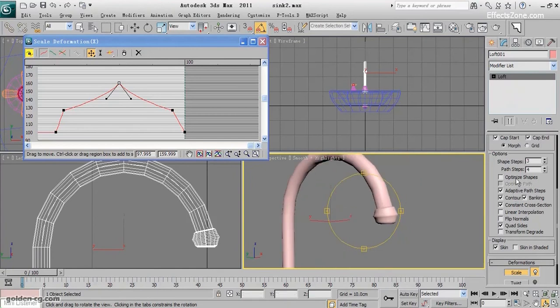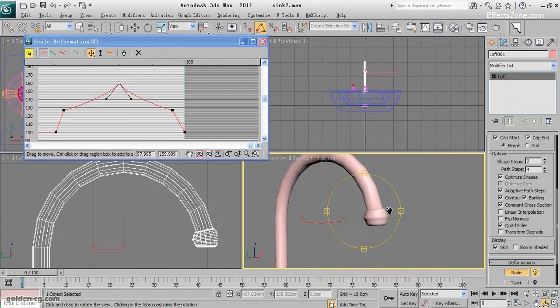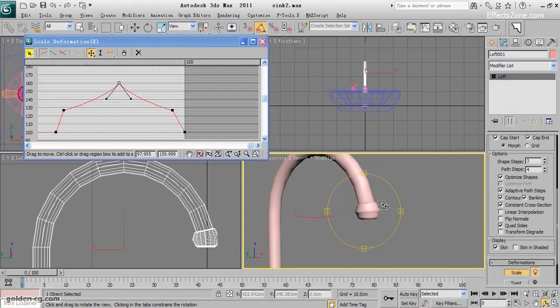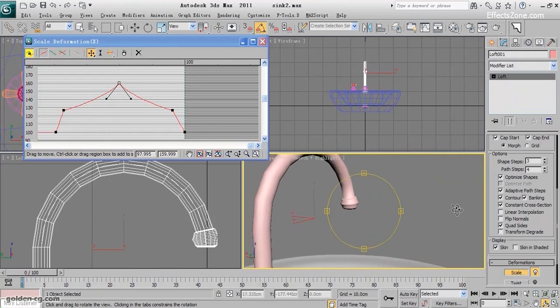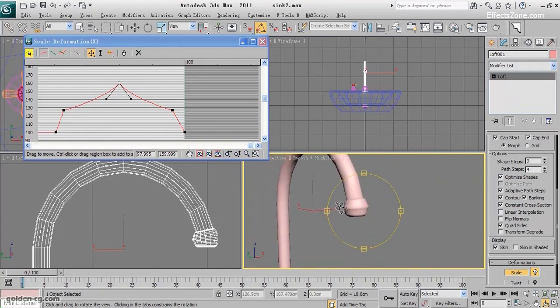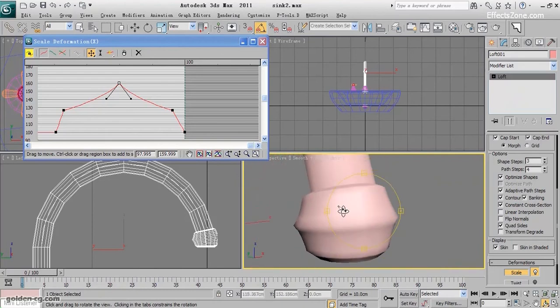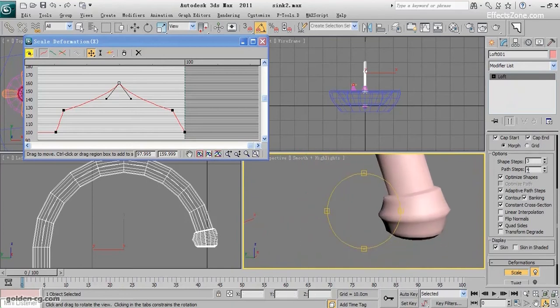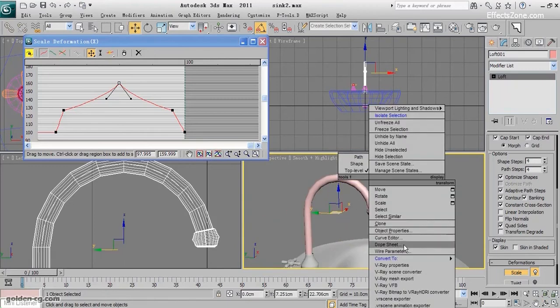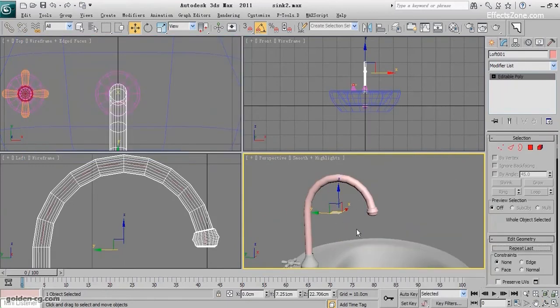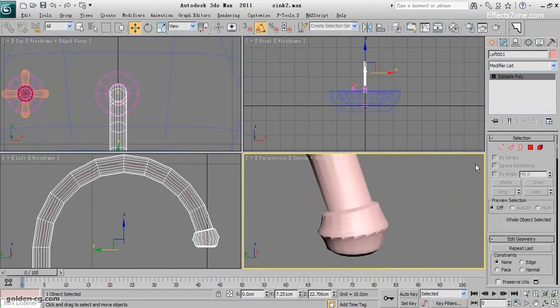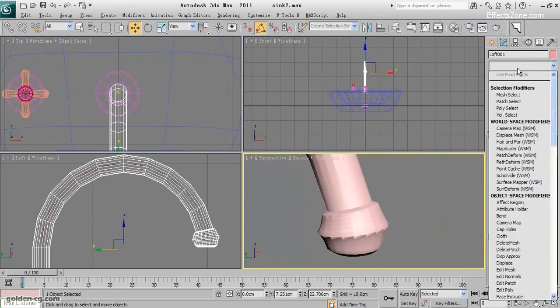Optimize will help to scatter and spread the vertices in the place that it really needs. Okay, with this amount I will right click and convert it to editable poly. So now I can apply the turbo smooth,